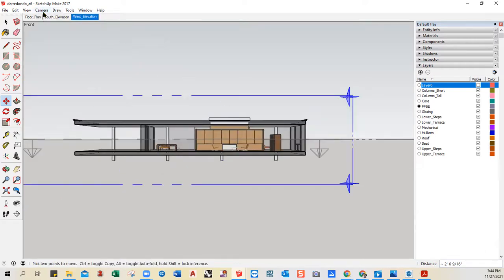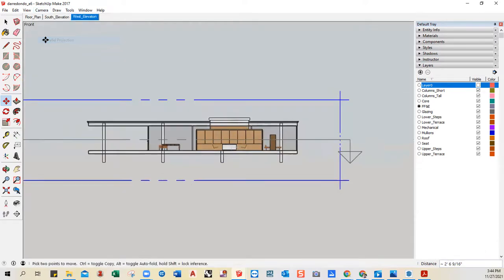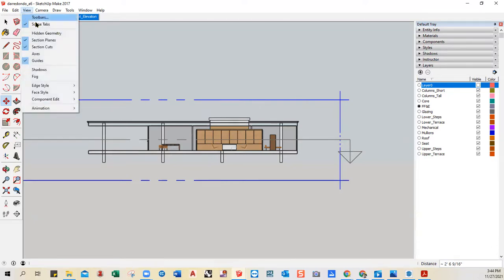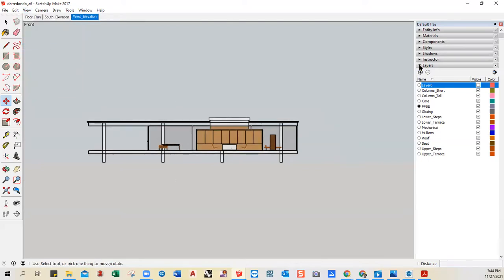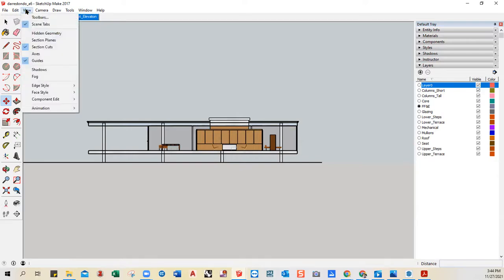Notice how I'm still in perspective here. I want to go to camera, parallel projection. So it's a 2D view. Now I want to turn off my section planes, not my section cut, but my section planes. Go to view menu, uncheck section planes. I want to turn on my floor plan to serve as my ground line. And then I also, under view,